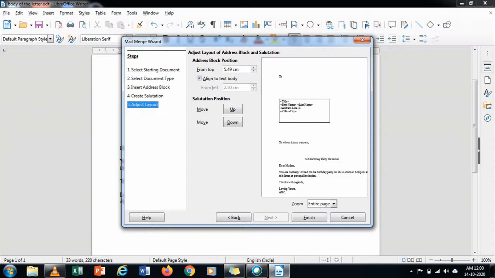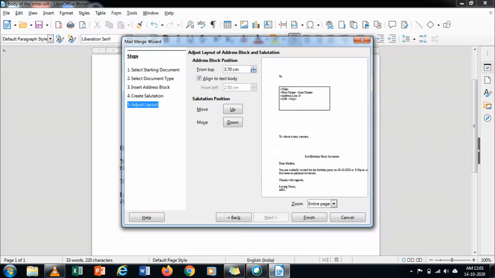You will move to the last step, step 5, of the Mail Merge Wizard. An Adjust Layout window will appear. To set the layout of the recipient address on the page, you can set the top and left margin. Click on the Finish button.